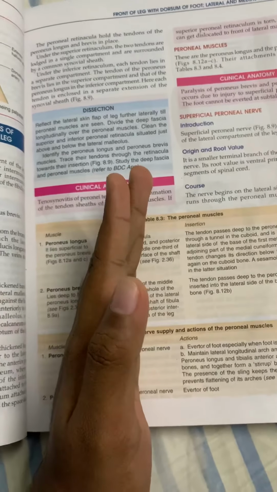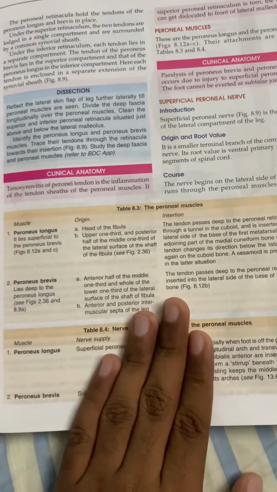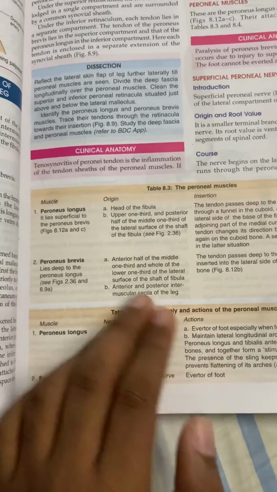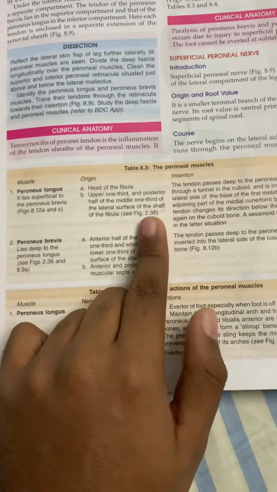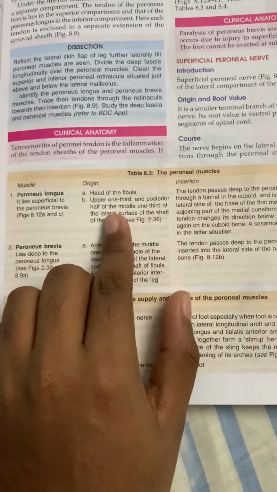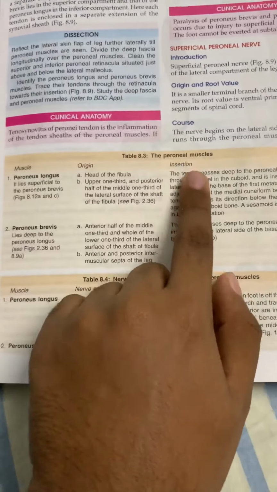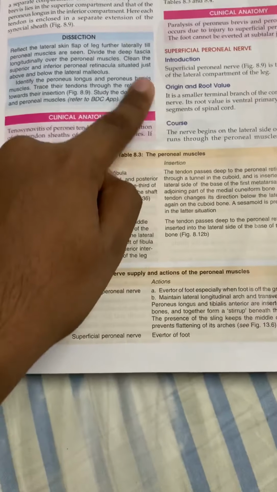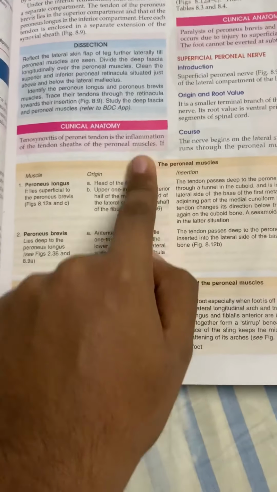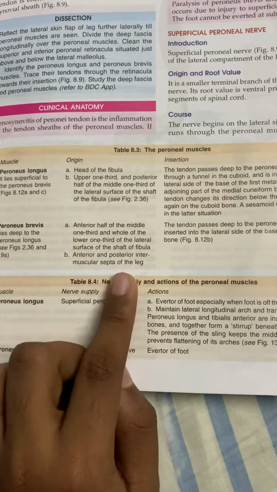Already the medial aspect of the fibula was taken by the anterior compartment muscles. So you have the lateral surface of the shaft of fibula, yes or no? So peroneus, if you take the lateral surface, take the middle part again. Okay, in the middle part, divide it into anterior half and posterior half. So peroneus longus takes origin, as it is long, from the head, upper 1/3, and posterior half of the middle 1/3 of lateral surface of shaft of fibula. Peroneus brevis, as upper 1/3 is taken, so what is remaining? Anterior half of middle 1/3 and also lower 1/3, and also the septa. So that is origin of peroneus brevis.